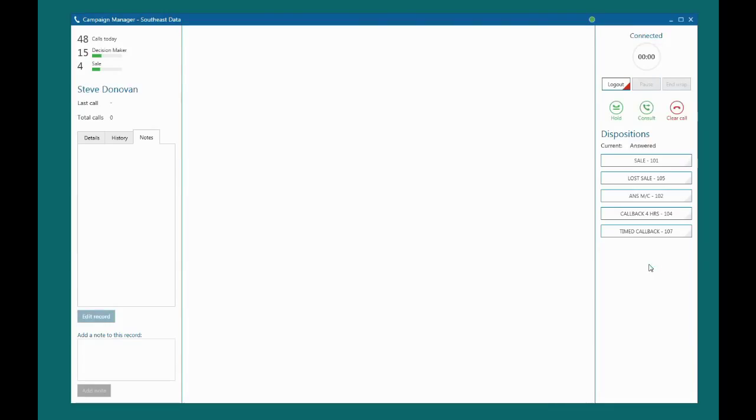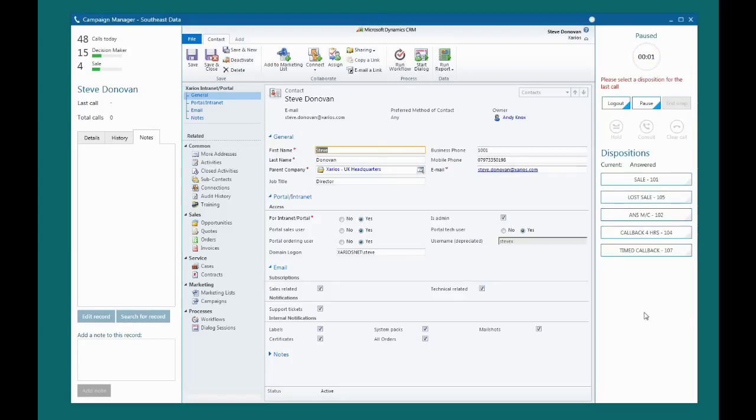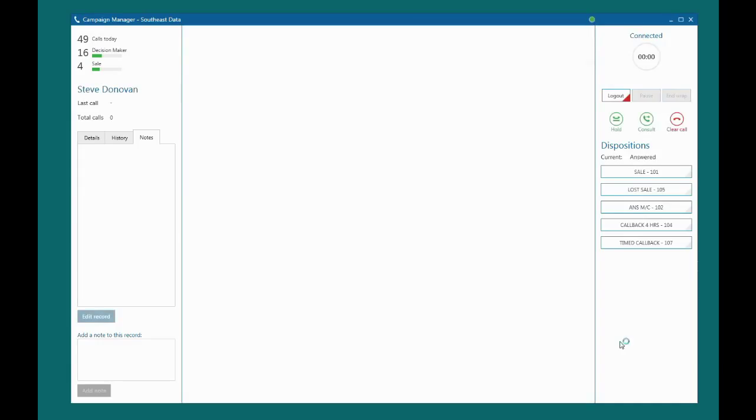On the next occasion, I am simply going to clear the call and terminate the wrap-up. Campaign Manager says you can't do that because you have not dispositioned the call. It puts me into an enforced pause state until I enter the code, which in this instance is a lost call. Now you will see that it returns me to the active state and dials the next number.